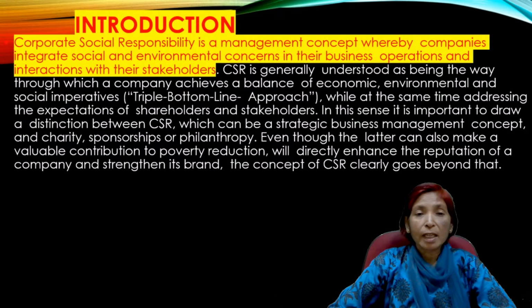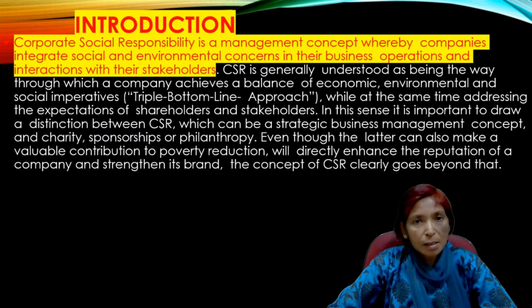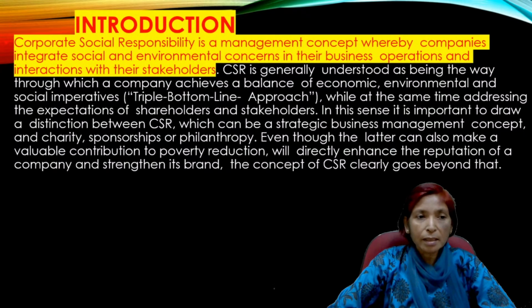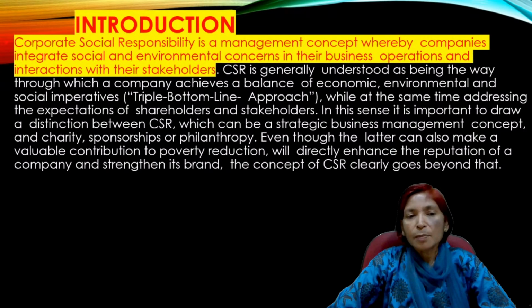It means we can study CSR according to economic aspects and environmental aspect. This is the second main and major aspect of CSR. And third is social imperatives. These three aspects are known as triple bottom line approach, while at the same time addressing the expectations of shareholders